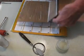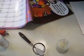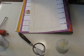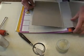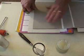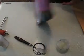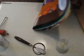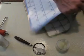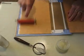Okay. Now I'm going to turn my calendar page. No schmutz on that. Put my cover piece down. I'm going to align my chipboard onto my cover paper, and I'm going to close this up because it has schmutz on it. Get a calendar page without schmutz. Then I'm going to come in and run my brayer over this, and